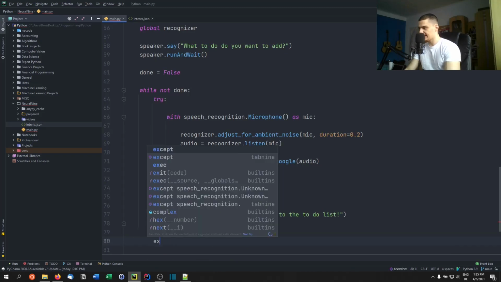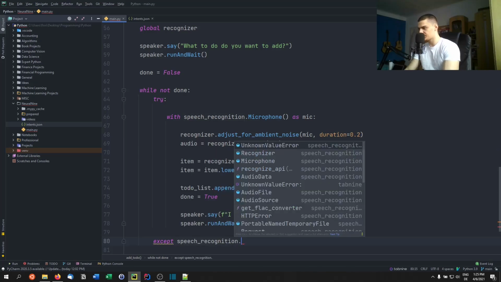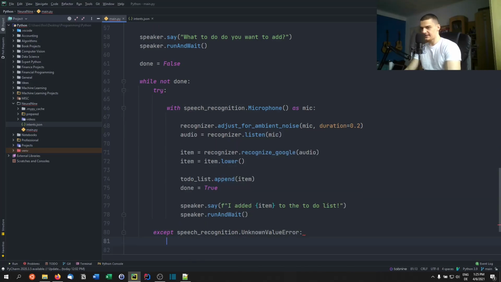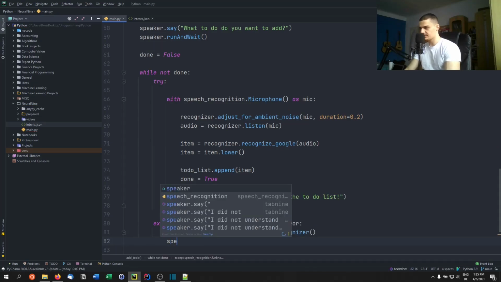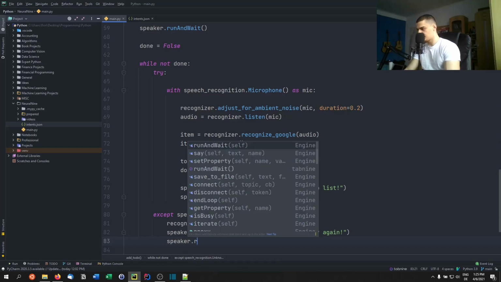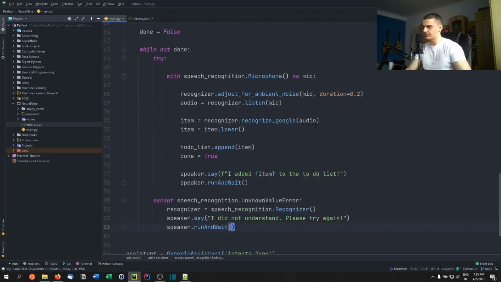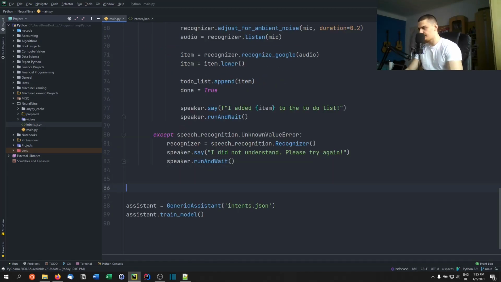And again, except if we get this unknown value error, so speech_recognition.UnknownValueError. If that is the case, we're just going to again reinstantiate the recognizer by saying speech_recognition.Recognizer, and we're going to say speaker.say("I did not understand, please try again.") Speaker.runAndWait, like that. So this is the basic add to-do function, and then we can also make this simple show to-do function,